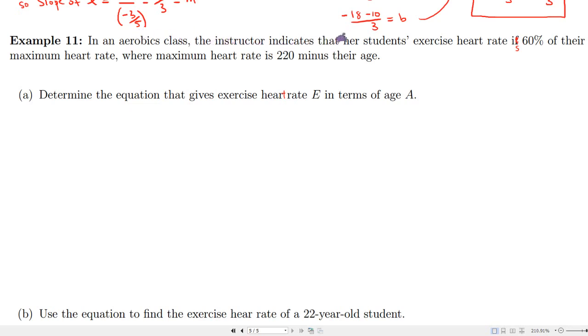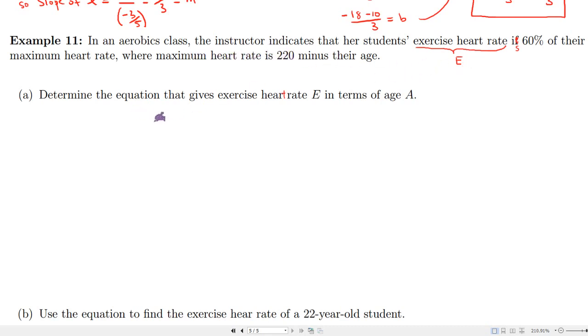So the exercise heart rate, that's E. So E is equal to 60% of their maximum heart rate, where maximum heart rate is equal to,